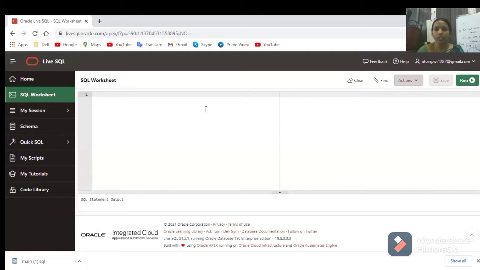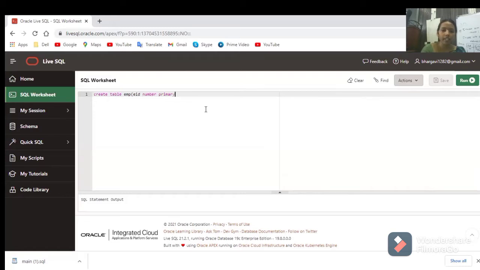First, table. In order to insert the data, first we need to have a table. Now, what is the syntax of create table? Create table, table name. So I'm going to create an employee table. With that, I need employee ID. So that is of which type? Number type. And I'm giving primary key over there.